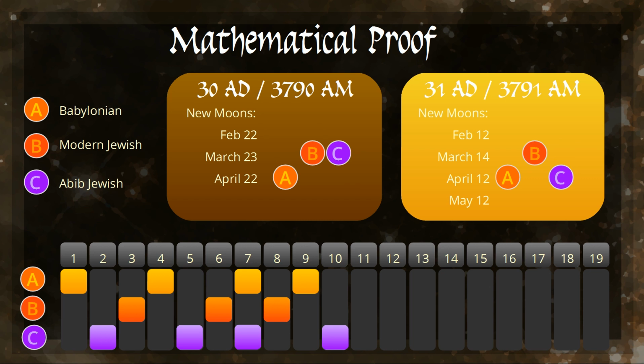The following year is 31 AD or 3791 AM. 12 lunar months later is March 14th. The modern Jewish calendar satisfies its rules to have this as the start of the year. However, the Abib-based year will not have evidence of green barley ears for a couple more weeks when the equinox occurs. Therefore, an additional month is required and will set the start of the year on April 12th. In the middle of the month, Passover would occur on April 25th that year. For those that can see the significance, this date has been hidden from history for many centuries already.